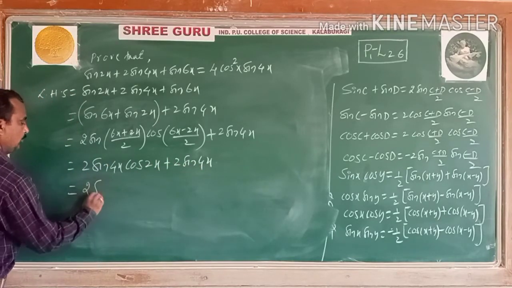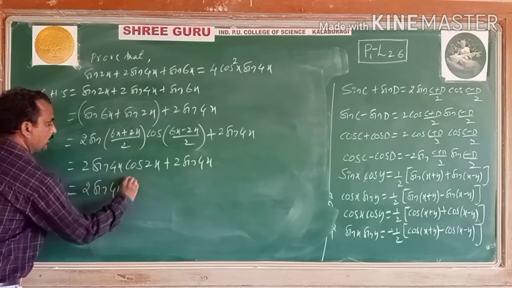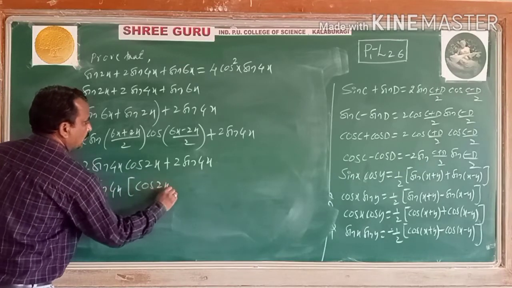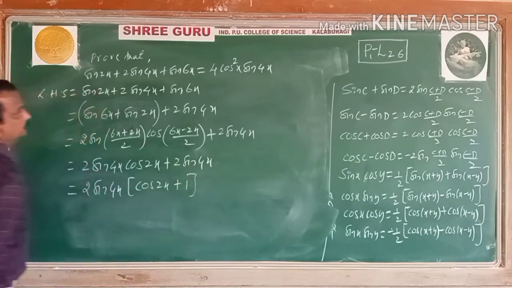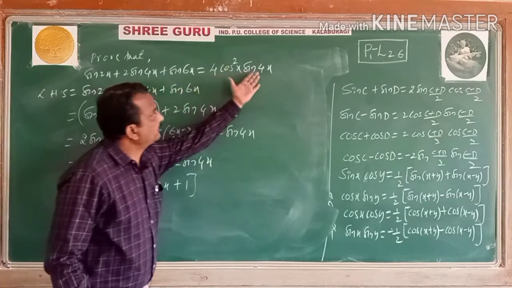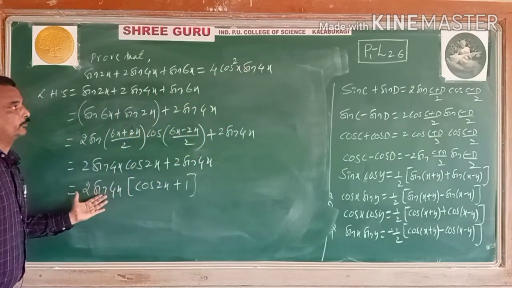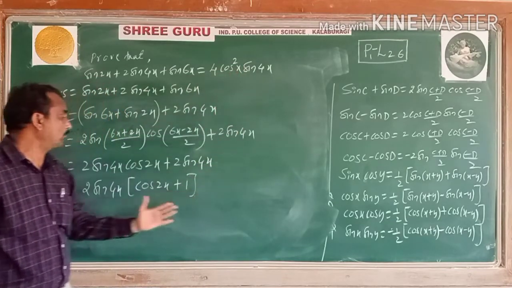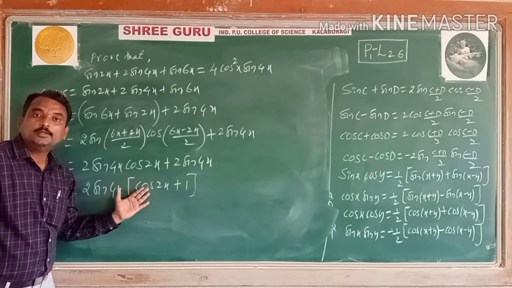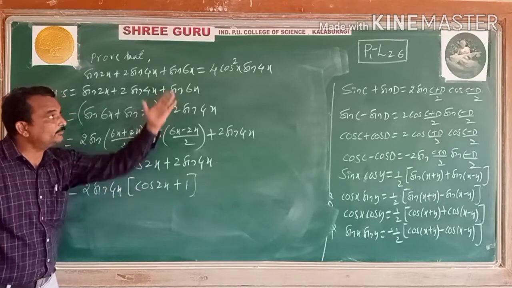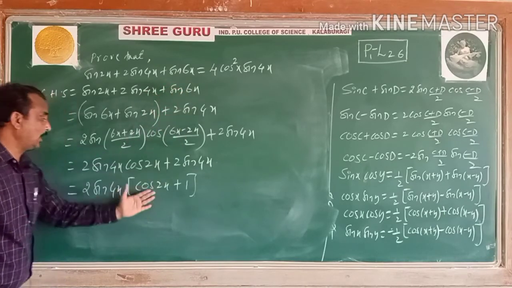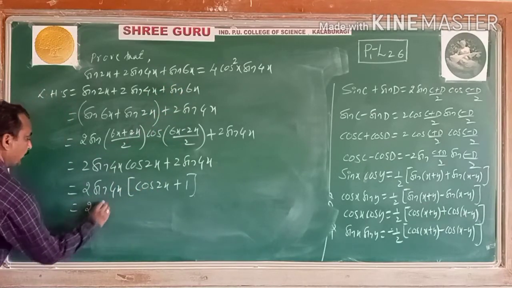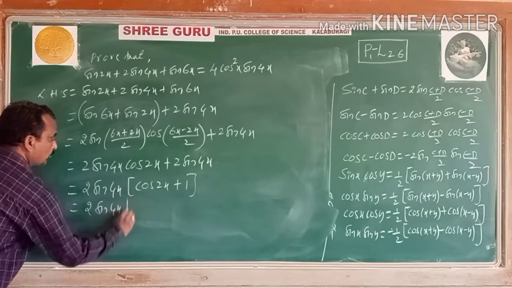Taking the common term 2 sin 4x, what remains? cos 2x plus 1 remains. Here you have a sin 4x, this is the sin 4x you are getting. What do you want? On the RHS you want cos square, so you want cos 2x. You have a formula for cos 2x in terms of cos. You write that formula, sin 4x equal to